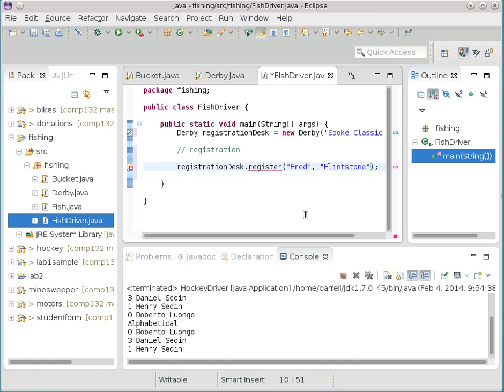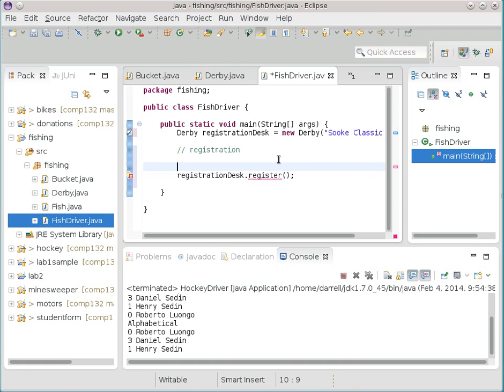And that'll work, but who's going to supply the bucket? The presumption here is that the registration desk is going to somehow go put the name onto a bucket that they've already got. So the other alternative is to make the new bucket